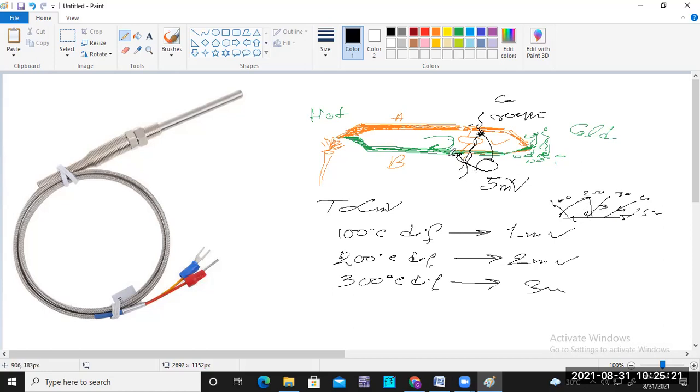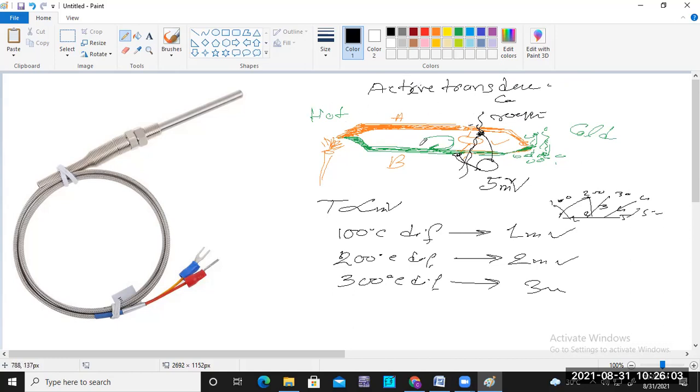So as per the Seebeck effect, we get this thermocouple. This thermocouple is providing an EMF. Look, this is also an active transducer, because no external power is required to operate this sensor or transducer. Only a temperature difference produces a voltage, produces an EMF. So it is also called an active transducer. So this is the main factor of the thermocouple.